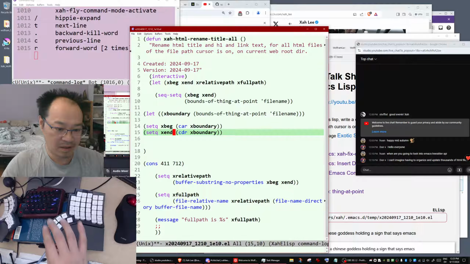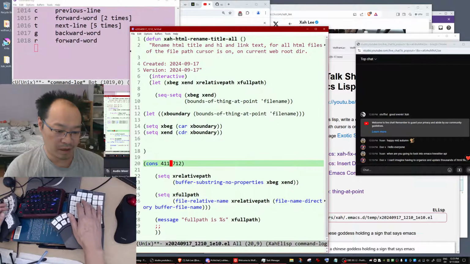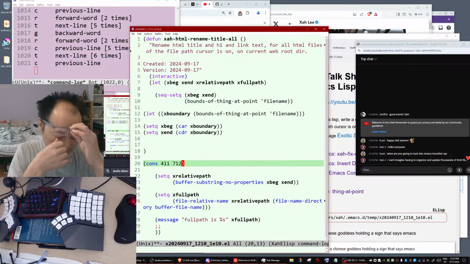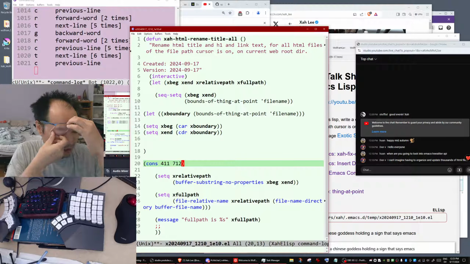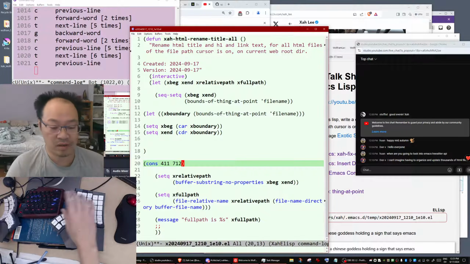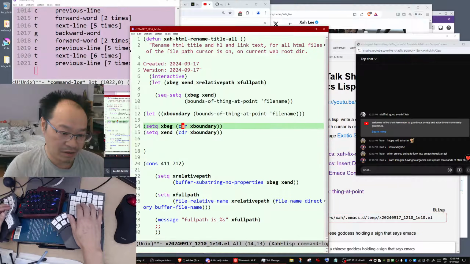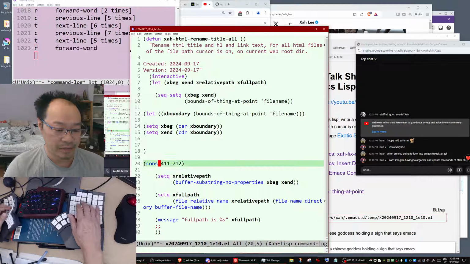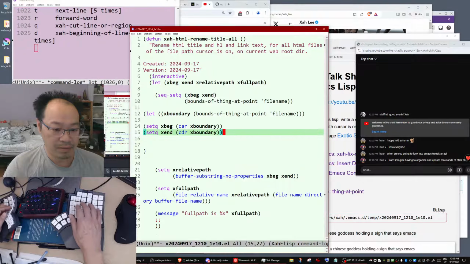Car means the first part of the cons. Cdr means the second part. It's named that way because of Lisp history, 40-year-old Lisp history, so it's weird. Anyway, that basically just means the first part and the second part. So if you do that, let me put that here.